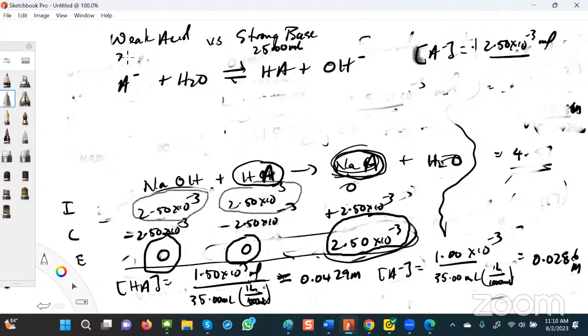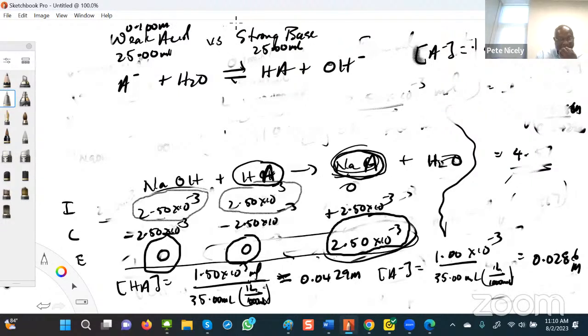25. Okay, so the volume of the acid is 25 mL. Now, the molarity, if I remember correctly, is 0.100 M, right? So if the molarity of the base is the same, that means we're going to need the same volume of the base as the acid. If the molarities are the same and the moles are the same, that means the volume is the same, which means that the total volume here is going to be